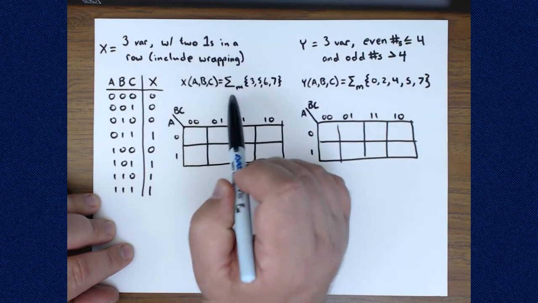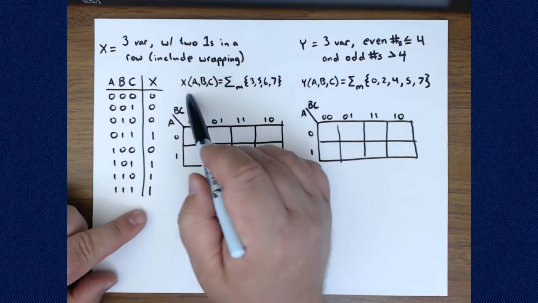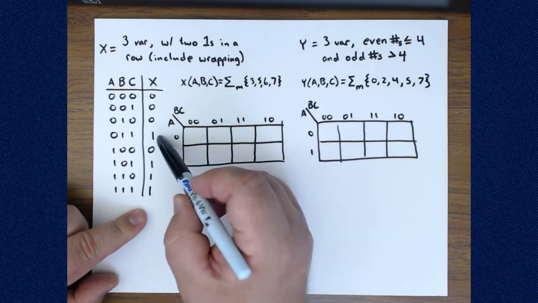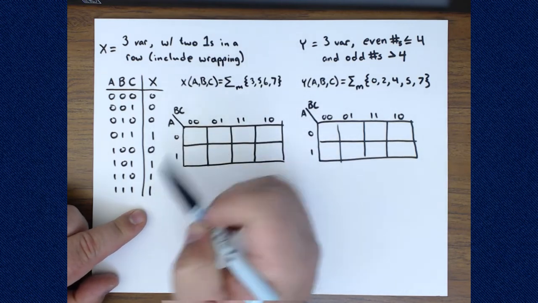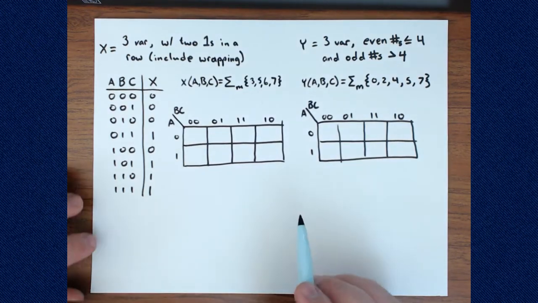So that's the same thing then. We could go from here to immediately making this truth table. And we can go from the truth table to this sum of products minterm form expression, where we've got rows 3, 5, 6, and 7 having 1s. So now we need to fill in our